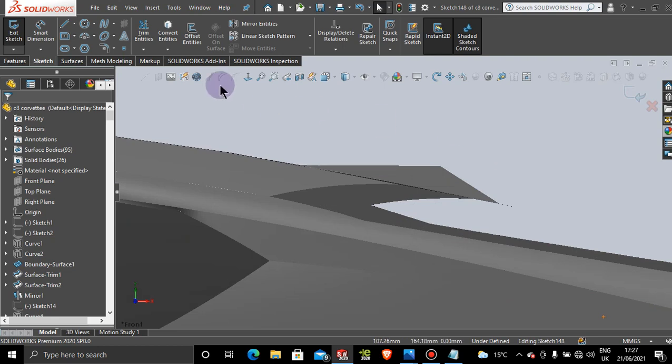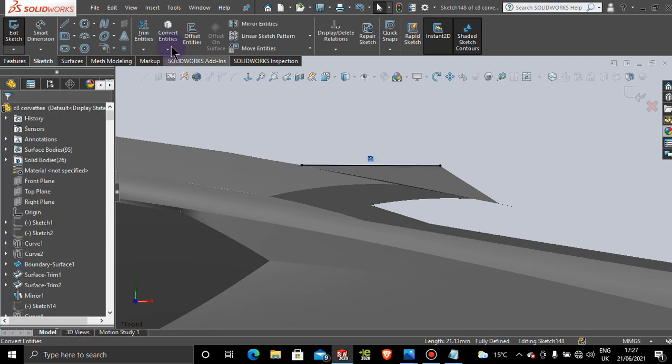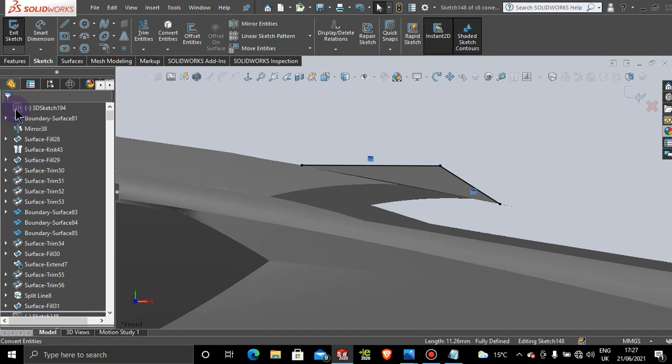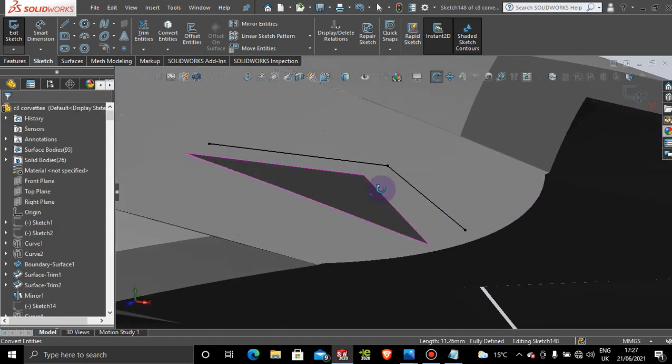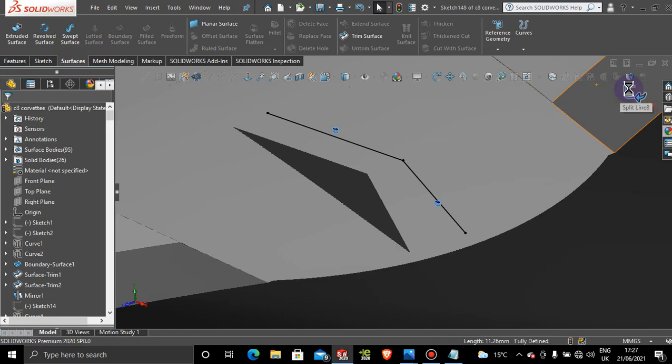And I want to convert this edge here, convert that edge, and then maybe I want to convert this edge as well. Okay, and then I want to have a look, and then we're going to connect these lines together. Exit the sketch,